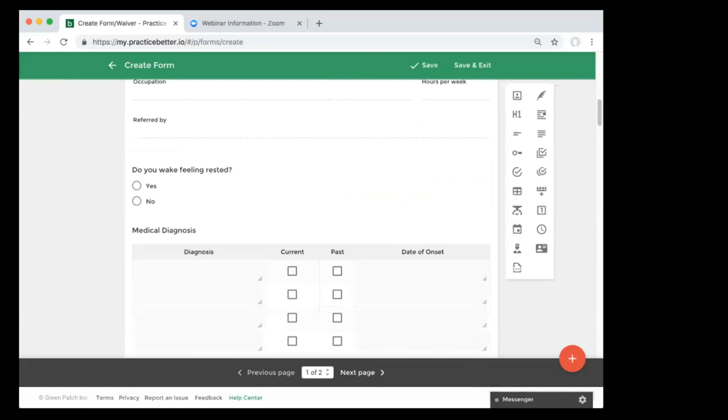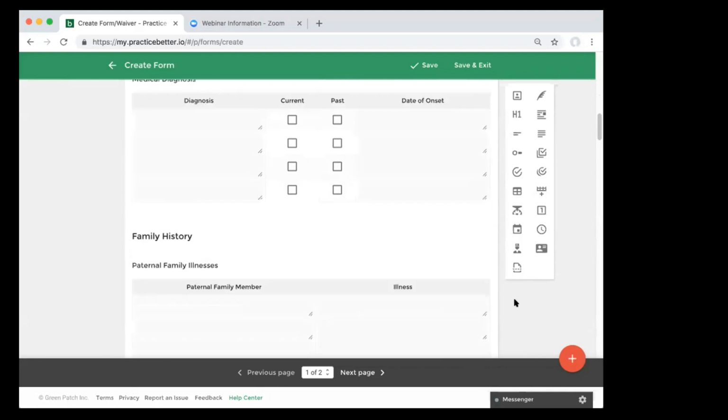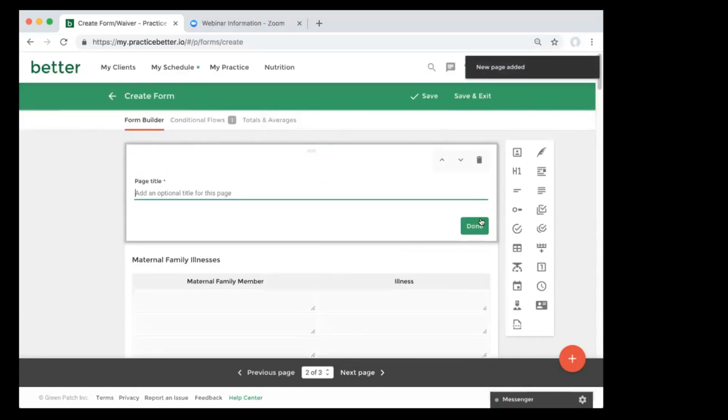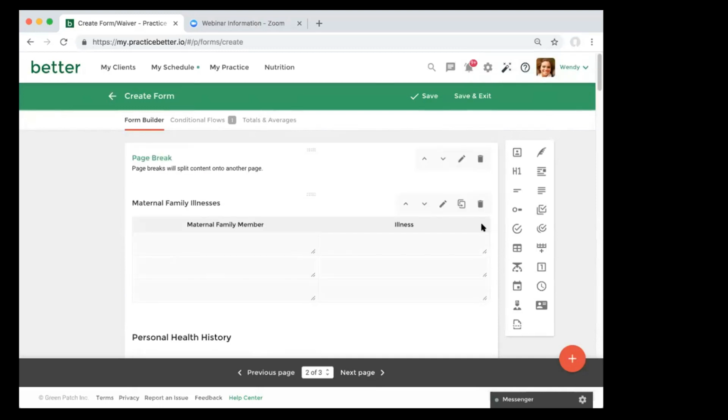Also, in the templates, not only can you do these yes or no questions, you can also create a flow for your form. So you can add page breaks, so you can create a new page somewhere. If I add a new page break here, it's going to split this form up. It was already 2 pages, so now 3 pages. You can also add conditional flows. This is creating more of a complex form, but conditional flows,